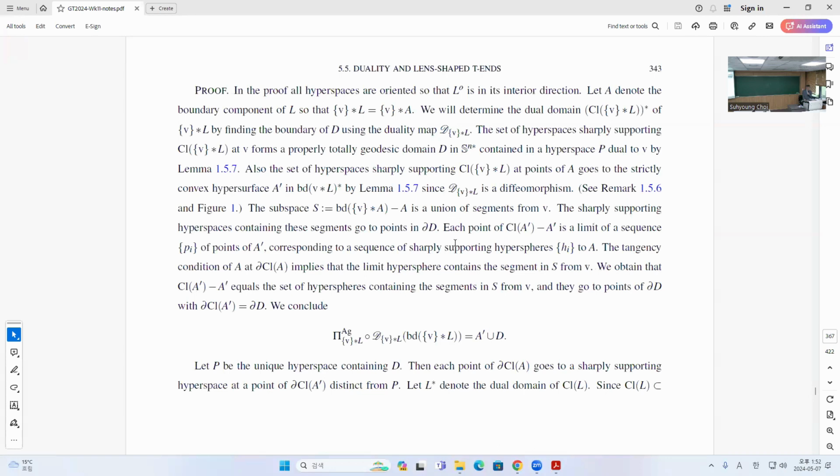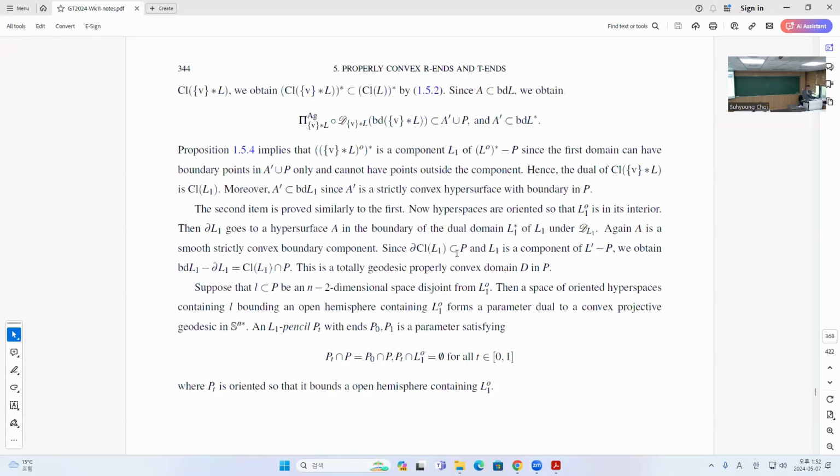Okay, so the proof is a fairly long thing. You just need to walk through this. Okay, and